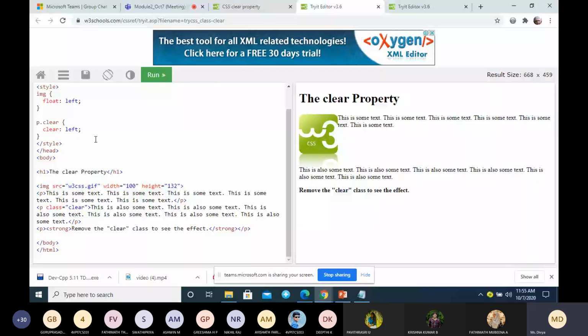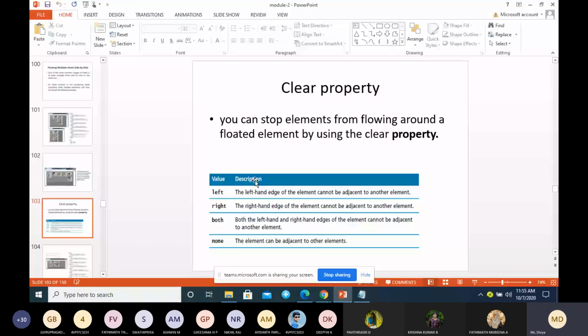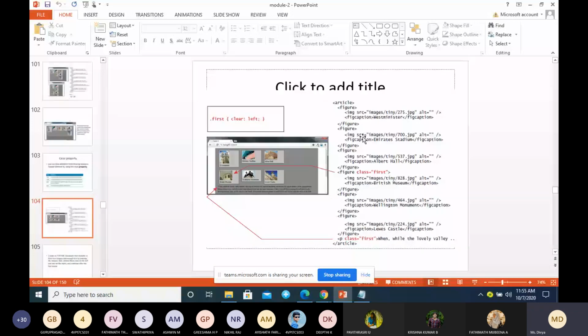So like this, you can give different values, clear left, right, and so on. So if you are giving clear left, the left hand side of the edge of the element cannot be adjacent to another element. Okay. So here you can see class is equal to first, and for the first we are giving clear left. Okay. So left side, when you are giving for the third image, left side clear. So you cannot see any element at the left side. Okay. Nothing will be displayed at the left side. So left side will be clear.